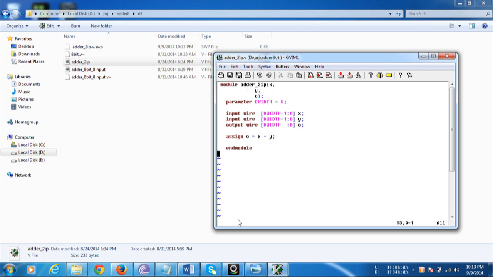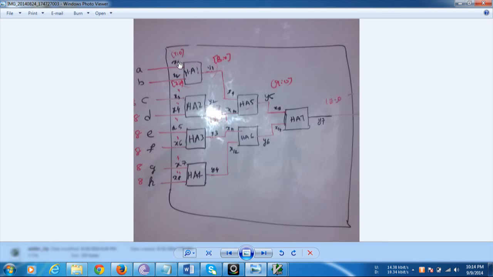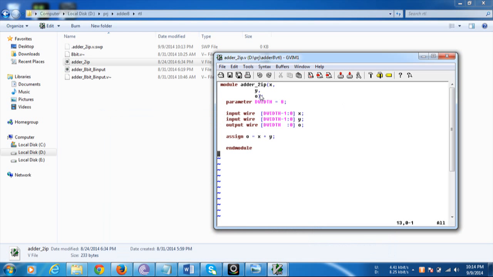As we consider it has 7 off adders, so for each off adder let us consider inputs as X and Y, and the output as O. For all the 7 off adders, only the parameter changes. So we have to declare it during the instantiation. For that we have to use the command parameter dwidth is equal to 8, because why we have chosen dwidth as 8 means,